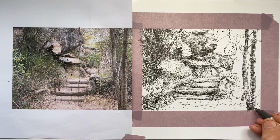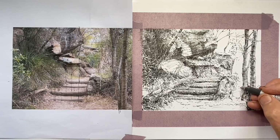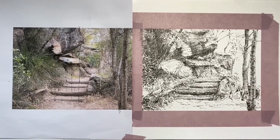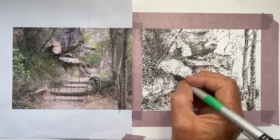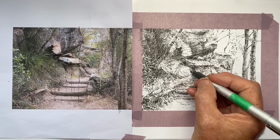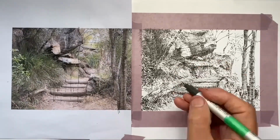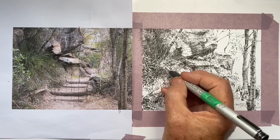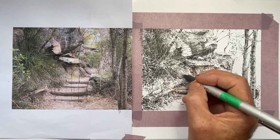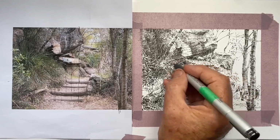Now, see these marks on the ground I'm starting to make across the foreground? Again, this is an area which often is, I think, a struggle for people to draw, certainly from some of the drawings I see. And one of the things to bear in mind is take advantage of these marks to indicate the form of the ground. It's not dead flat, particularly when it gets to the sides, it slopes up in certain ways. And again, depending on what sort of leaf litter is there and how it's piled up and built up, the leaf litter also can have its own sort of undulating lines that it forms,